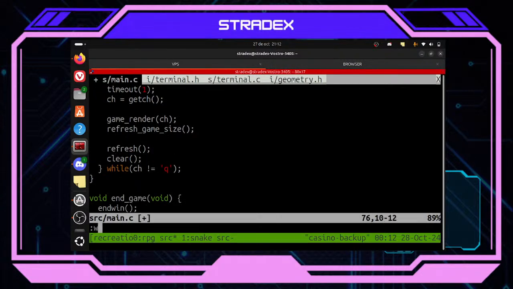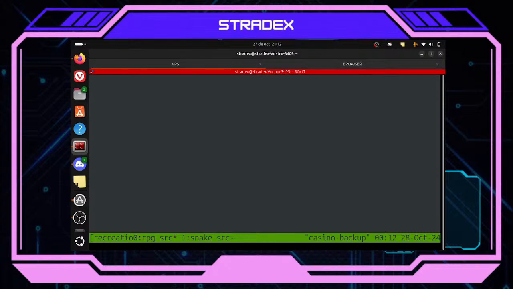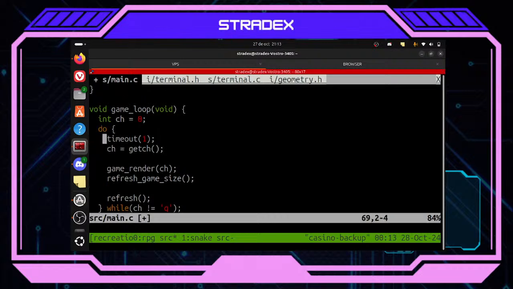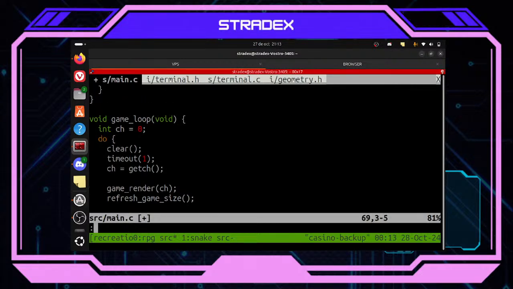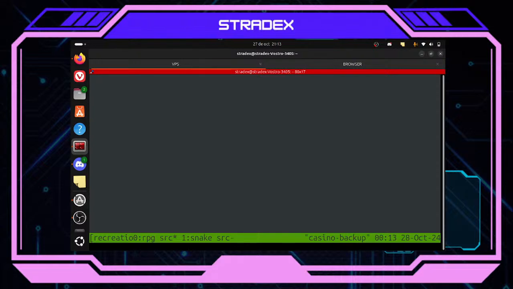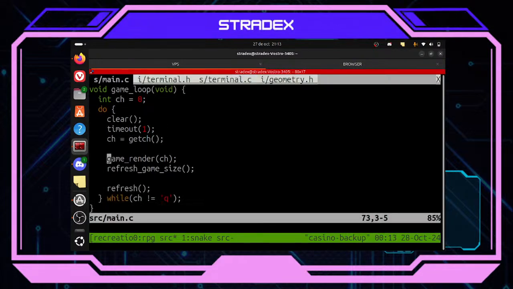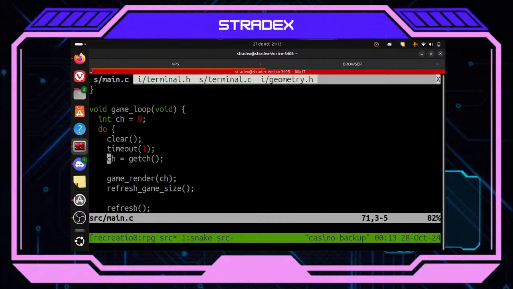So what if I go with clear then? Should the clear go here before this? When should the clear happen though?